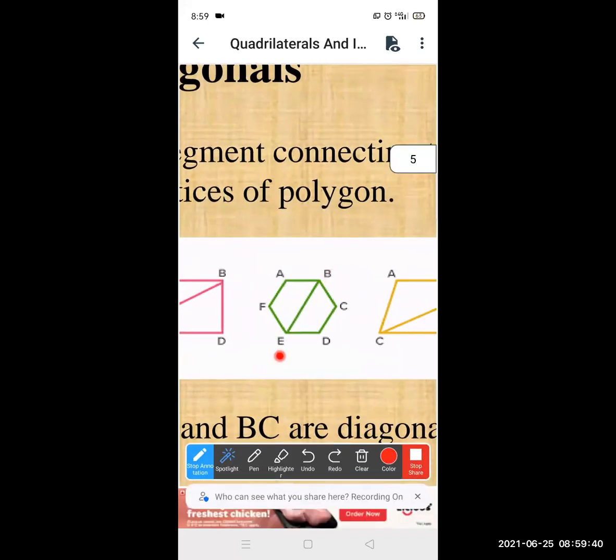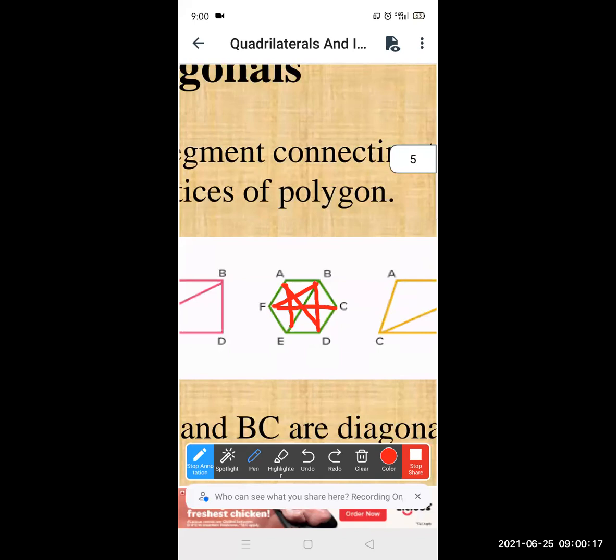see here B and E. B, C is consecutive. You can draw a line here also. You can draw B and D also. We can take a pen and draw a line between B and D. This is also a diagonal because they are non-consecutive. We can draw from here to F also, or from A to D also. We can draw from C to F also. We can draw from A to E also. So multiple diagonals can be drawn.